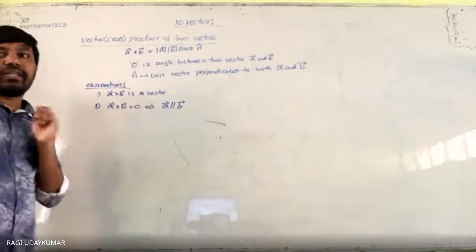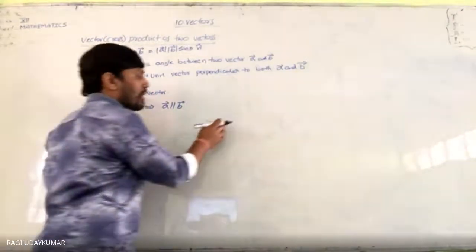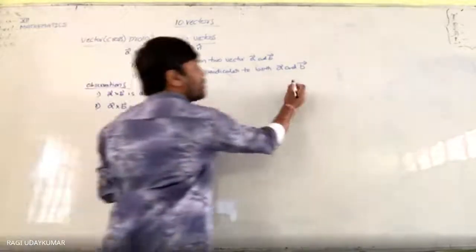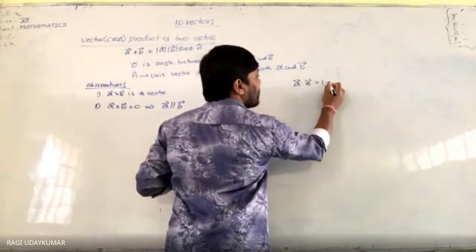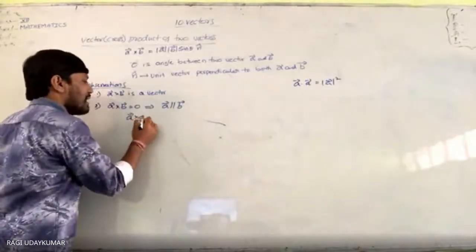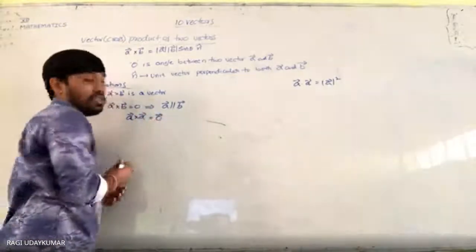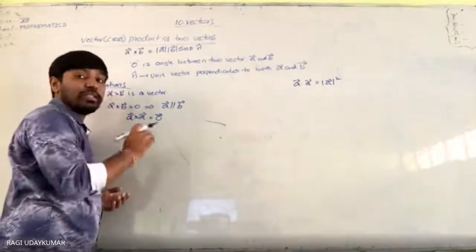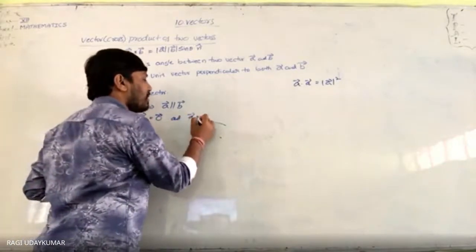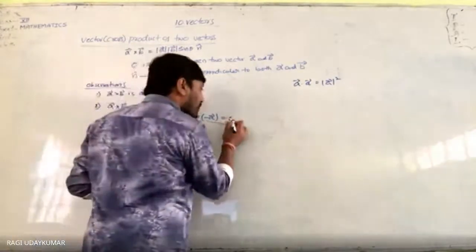And in the particular case where you consider the same vector twice, a vector and a vector, each parallel to the other, in the case of the dot product, a bar dot a bar is written as magnitude of a bar square. But in the case of the cross product, a bar cross a bar gives you a 0 vector, the null vector. Even if you multiply with a vector in the opposite direction, the cross product will also give you the null vector.